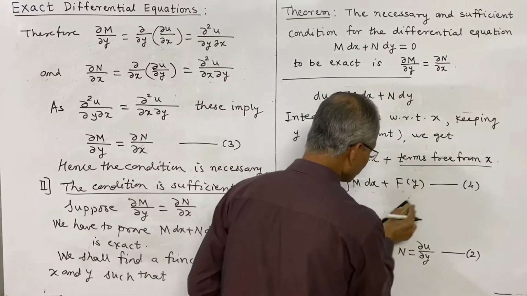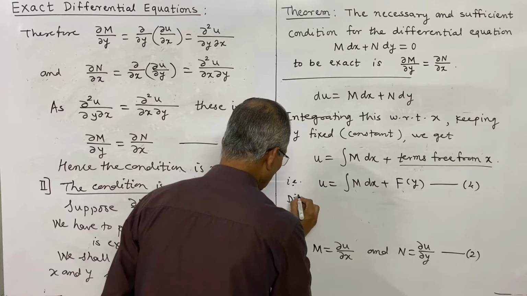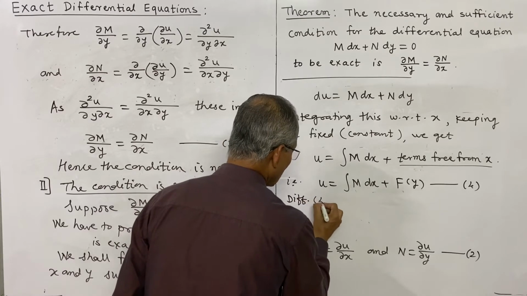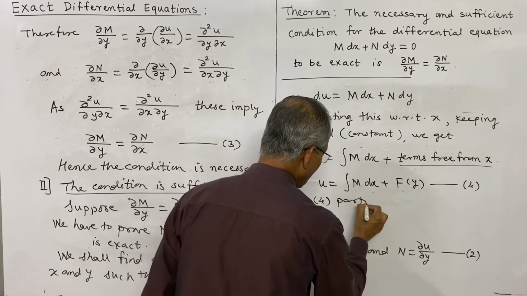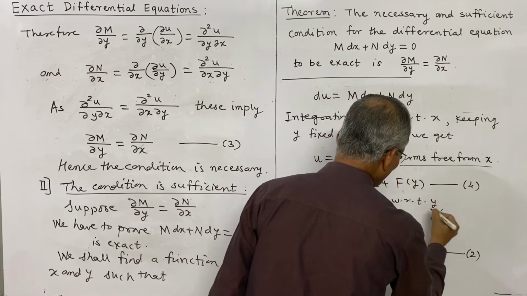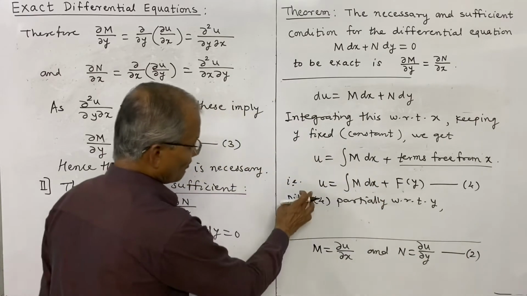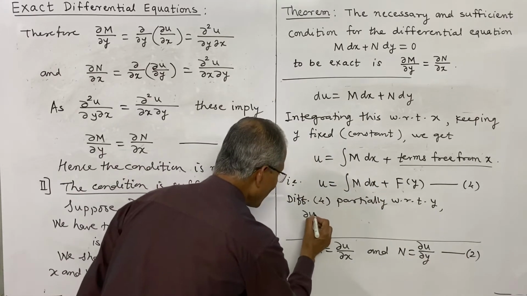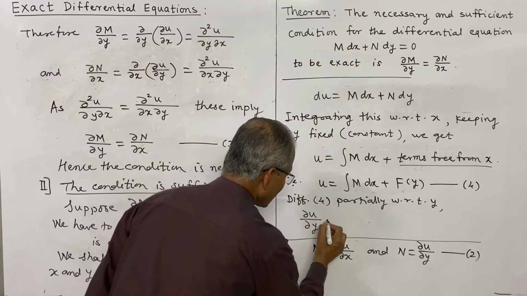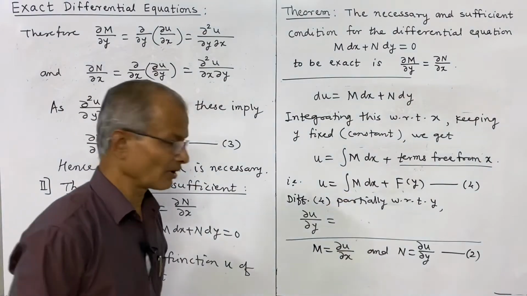Differentiating partially with respect to y. So what we shall get is the partial derivative of this, dou u by dou y, is equal to, and again the partial derivative of this we shall write with the symbol dou by dou y